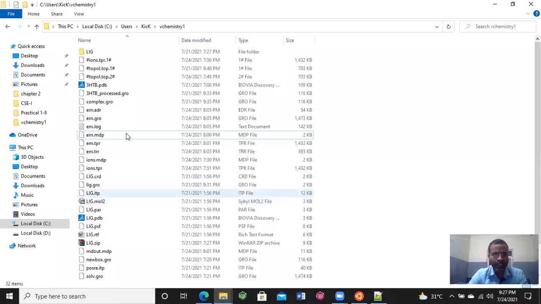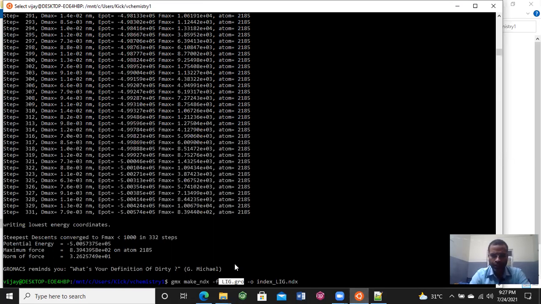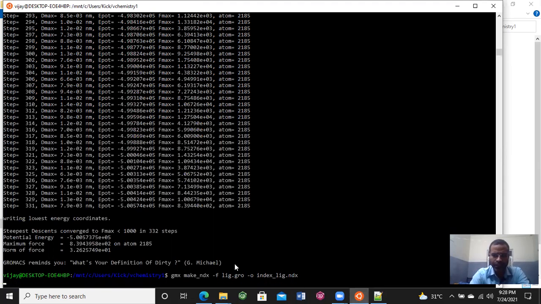So cross check it. I think lig.gro is in small letter case, so I am going to change the case. That will be the small letter lig, and here also lig. Now press enter.